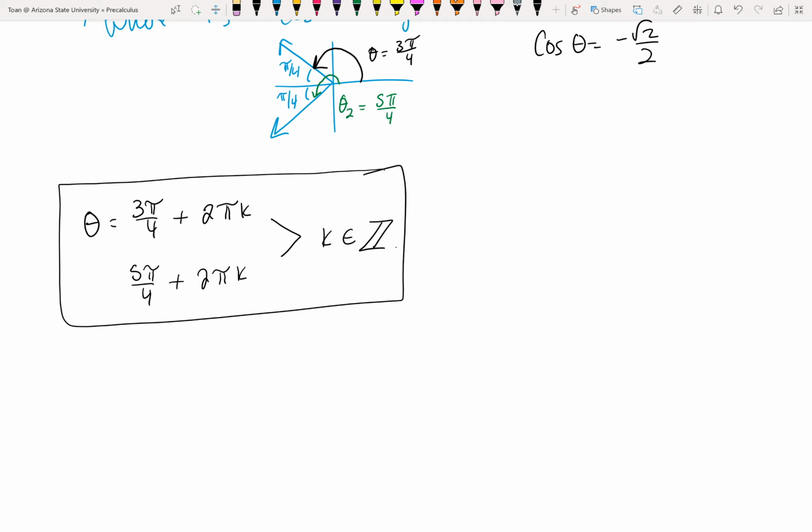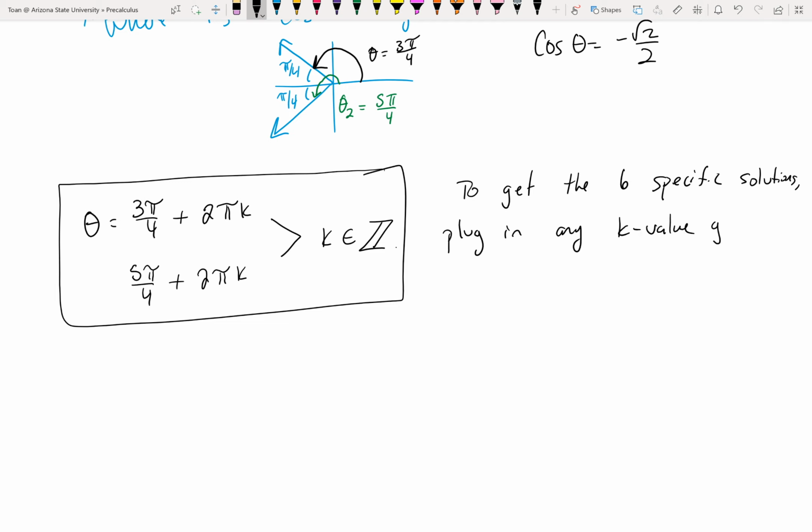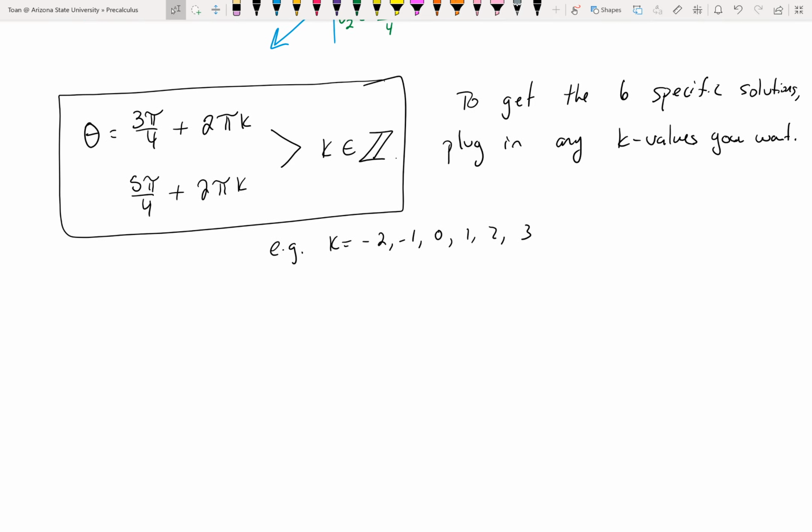So, to get the 6 specific solutions, plug in any k values, plural, you want. I'm going to use, I don't know, I'm lazy. Let's pick small numbers. K equals negative 2, negative 1, 0, 1, 2, and 3. That's the 6 ones. So the 6 specific answers would be